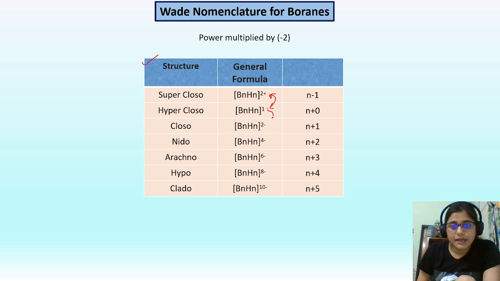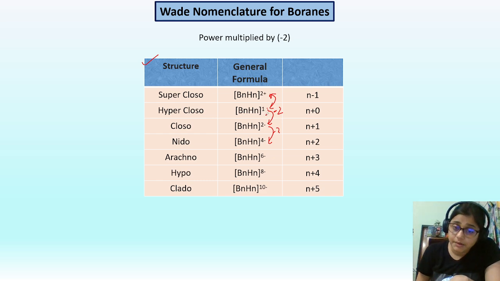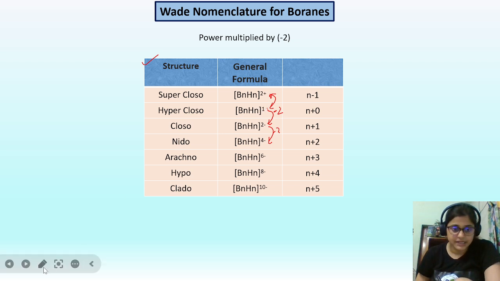If we multiply it by minus 2, this will come. If we multiply it by minus 2, this will come like that way. And see, if we divide each power, I am saying again,